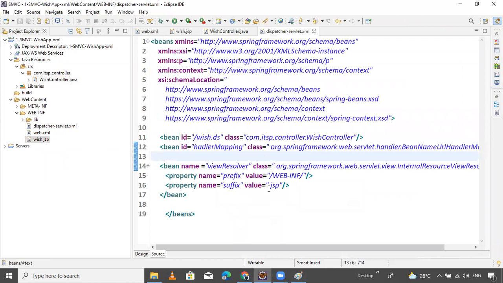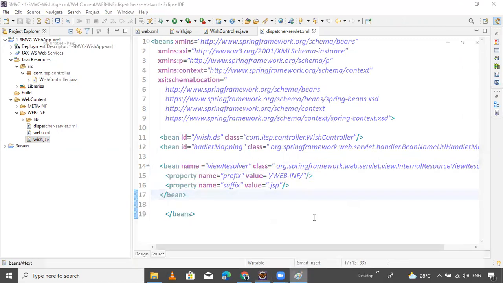The view resolver will recognize the names of the view files and their location.